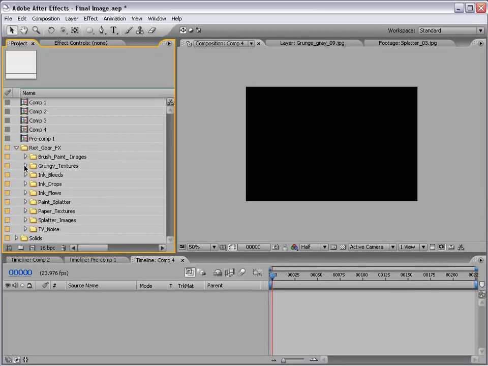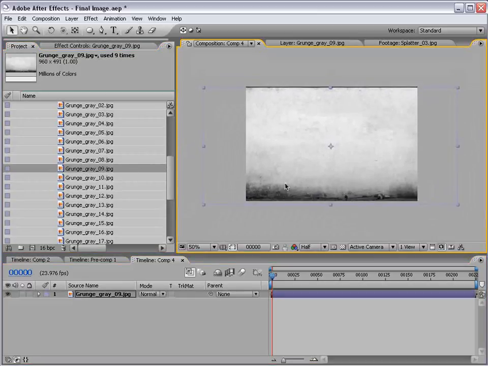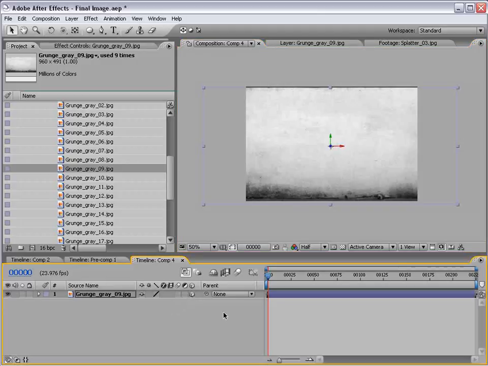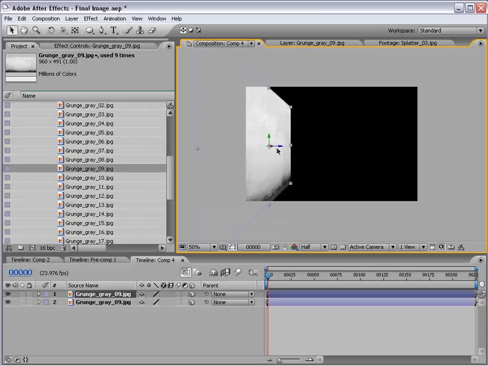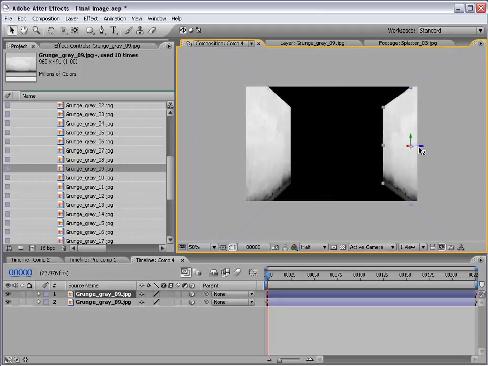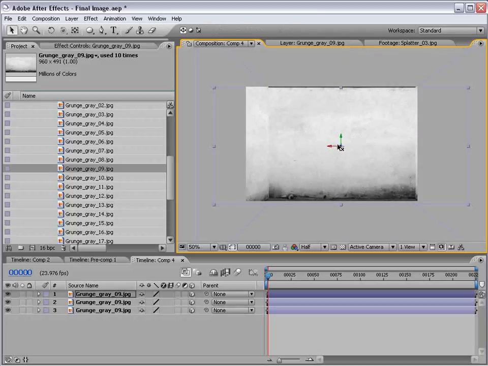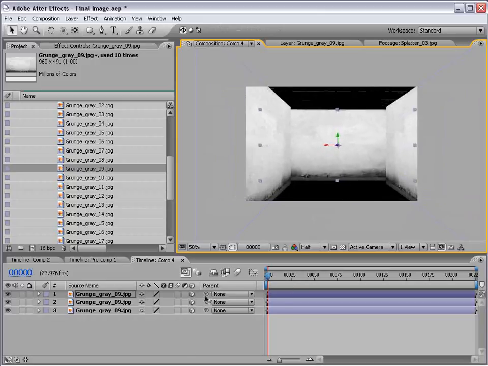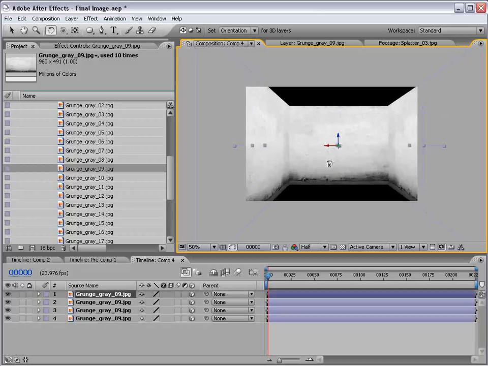Basically from the Riot Gear collection, I'm going to go down to the grungy textures, the lower resolution grayscale, and we'll take number 9, bring it out, this nice wall. We're going to hit F4, turn it into a 3D layer, rotate it, move it over, duplicate it, move it over, and duplicate it again, rotate it as a back wall, perfect, duplicate it once more, create a nice ceiling,